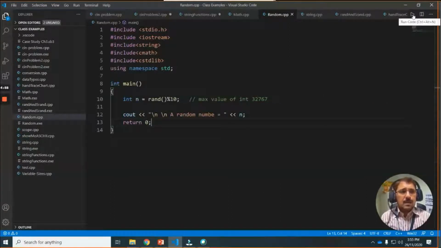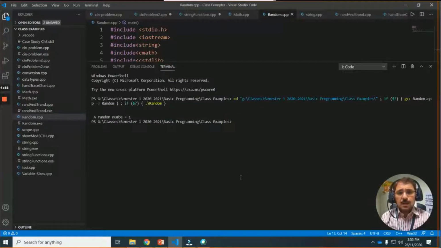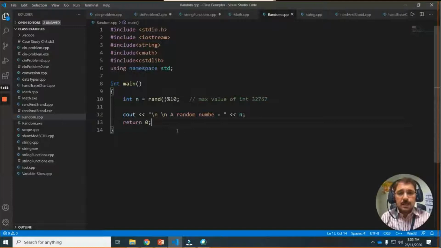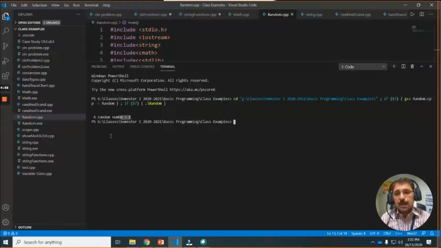Okay, next time again run. Yeah, again 1. You see we are saying that it is a random number. We are expecting that one time it should be one value, and next time when we run it should be another value, because it is a random number. But you see whenever I am running, it generates the same value.